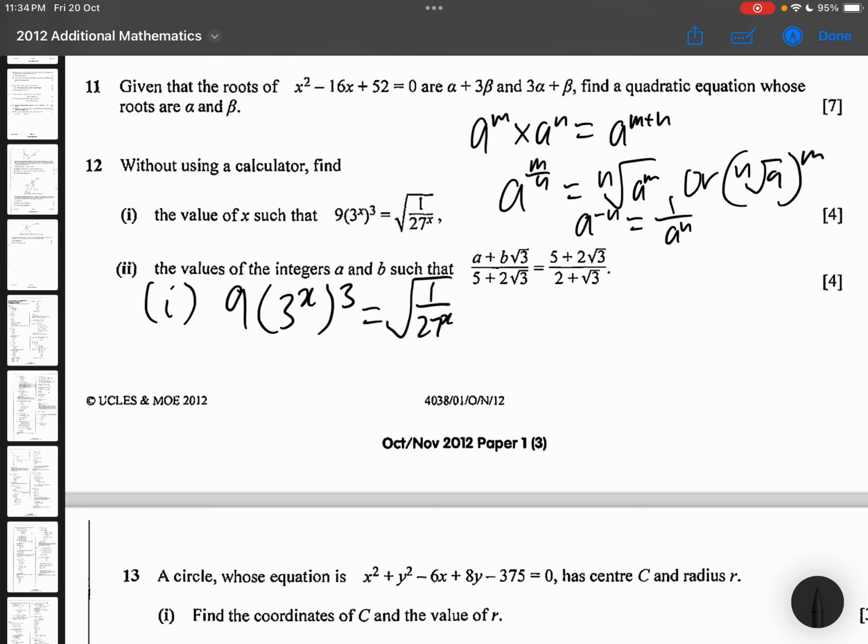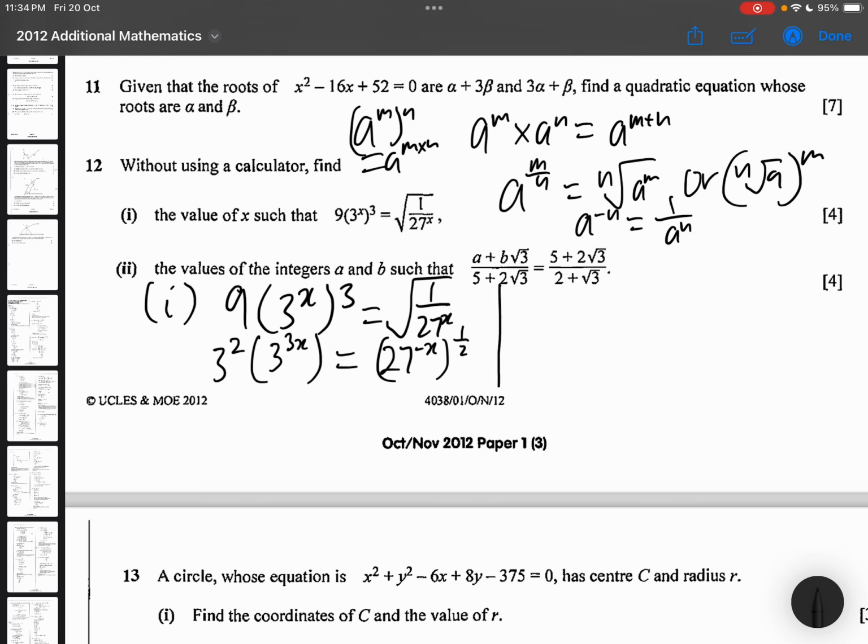So I know that 9 is 3 squared, so I'm going to make this a base of 3. And then I'll have this as well. And then on the other side, I have this. So I can go on to simplify both sides. 27 is 3 cubed, so I can simplify that to a base of 3 as well. And then eventually,